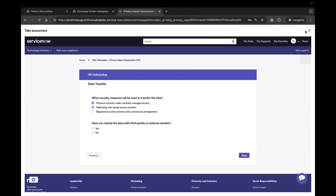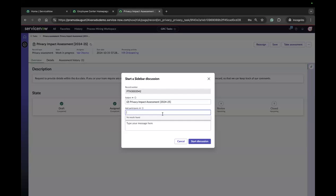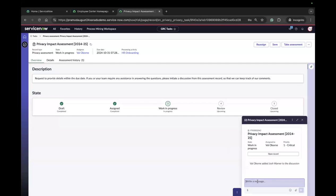What he can do is come back to the privacy assessment and initiate a discussion right from here and say that I want to talk to Josh, and start the discussion, and say, hi, Josh, and tag them and then say, need help with